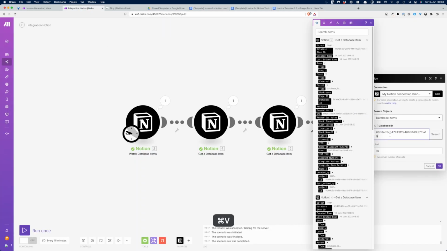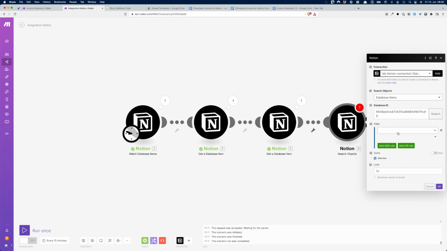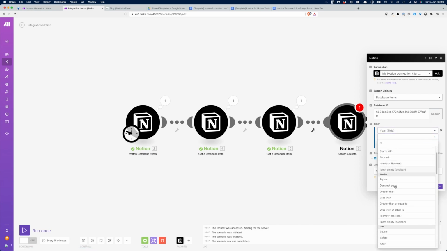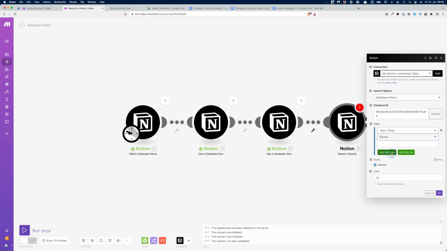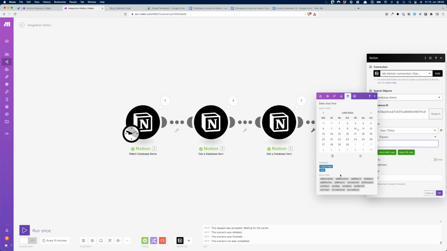In this case, we don't even need a high limit, just one is enough. And now we set a filter. We just want to get this year, right? So we will say, okay, we want to make sure that year equals, and then we're going to pick our current year. So to do that, we head over to the date formulas, and we get now,